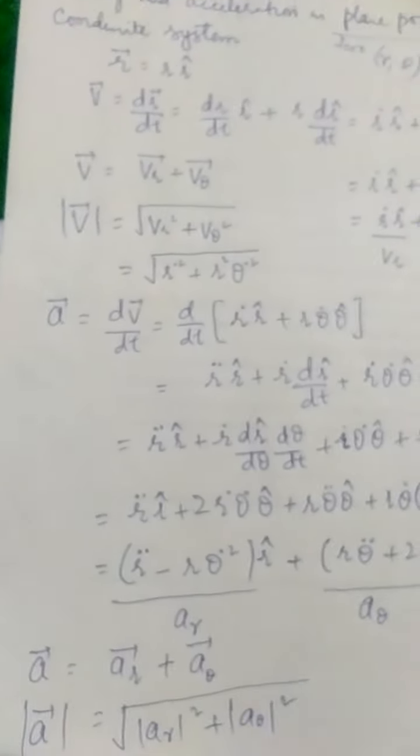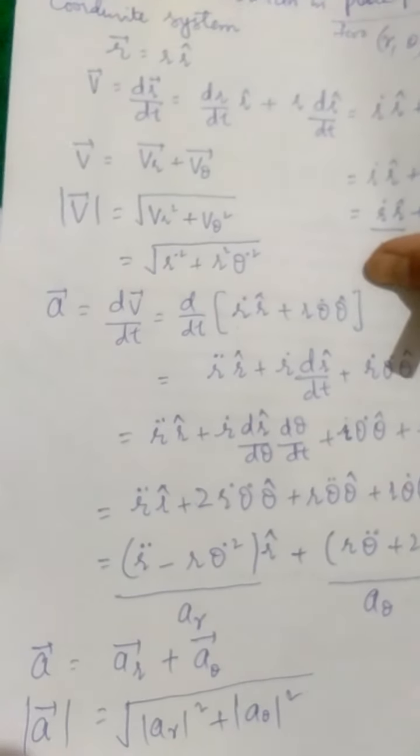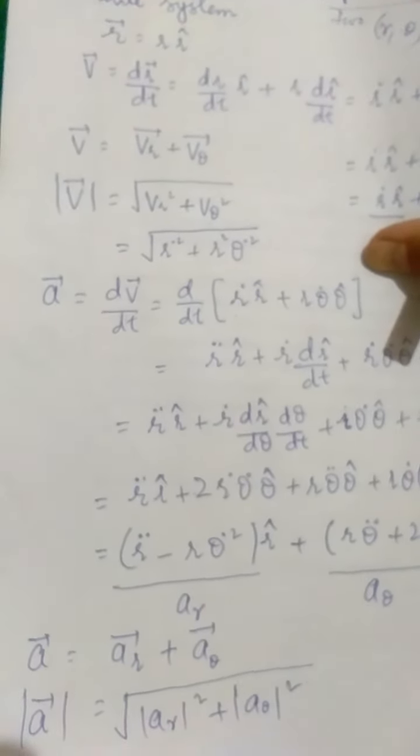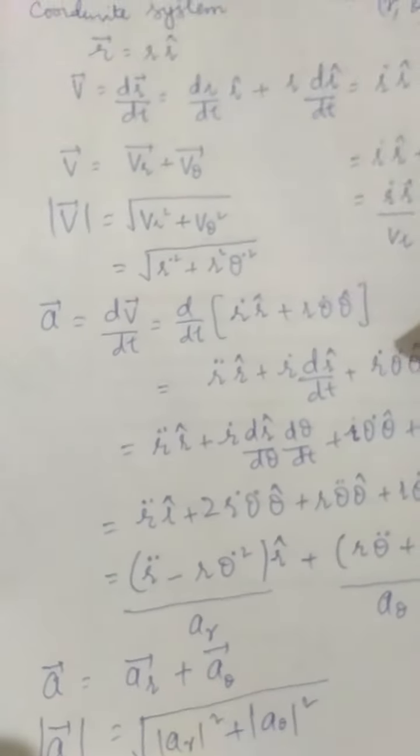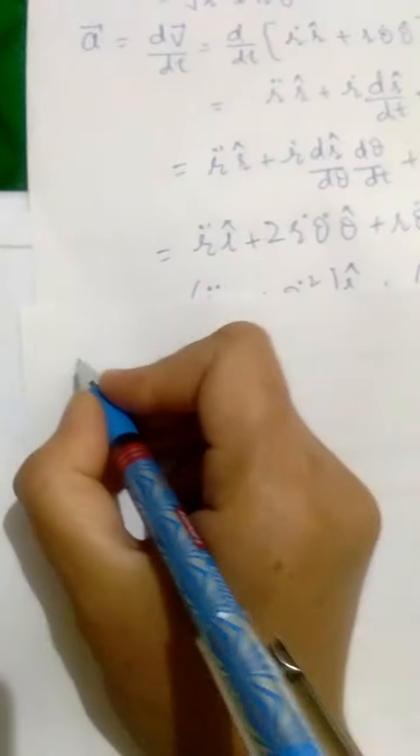Now next we move to what is the relationship between the velocity and acceleration components of plane polar coordinate system to that of Cartesian coordinate system. Let us try to see how can we connect them. Now let's write the basic equations again. So what do we intend to do? We want to find out what is the relation